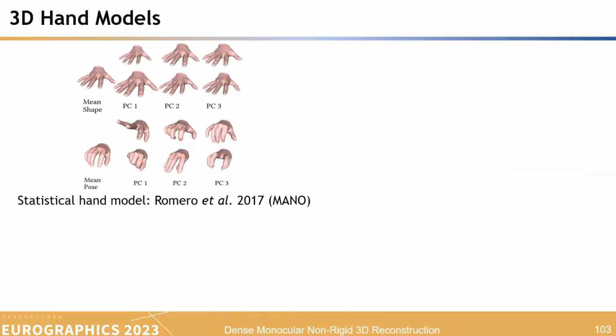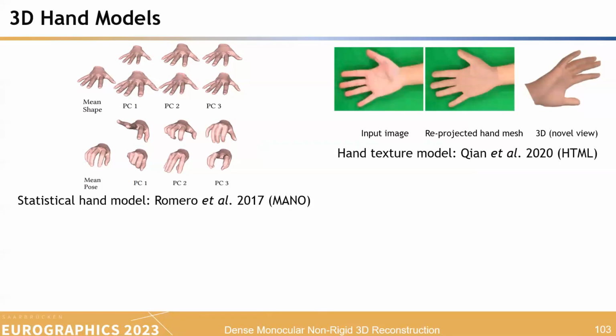So one of the models is MANO. This was by Romero. This model was fitted by collecting scans of 1,000+ people, with different subjects, and it learns the space of hand shapes, like the size of the hand, for example, and the hand pose, for example, folded or open. And this is capable of reproducing the shape and the pose variability in very good detail. However, this particular model cannot represent the appearance of the hands. And to do this,